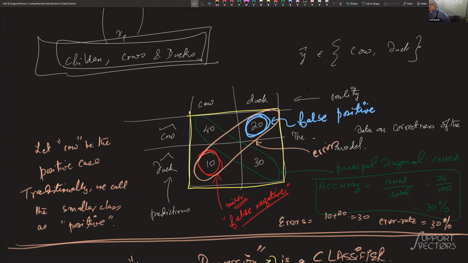Suppose you predict a probability of it being a cow, and it was a cow. So what is the ground truth? 100% sure it's a cow. You predicted that it is 70% a cow. Now your prediction is a probability, so you can't look at the gap between 0.7 and 1 and try to square that. There is a reason for it. But the reason has to do with